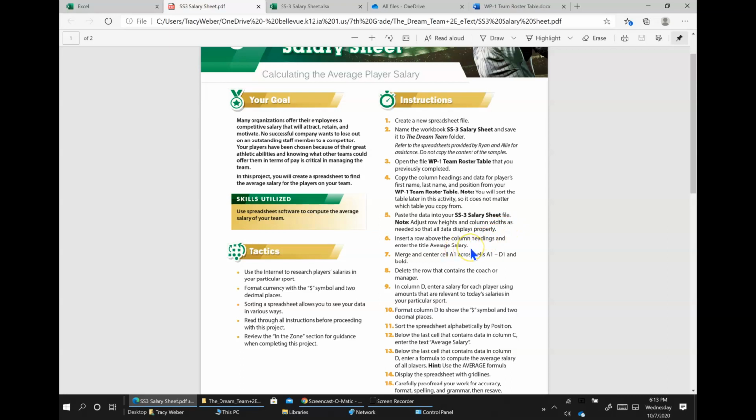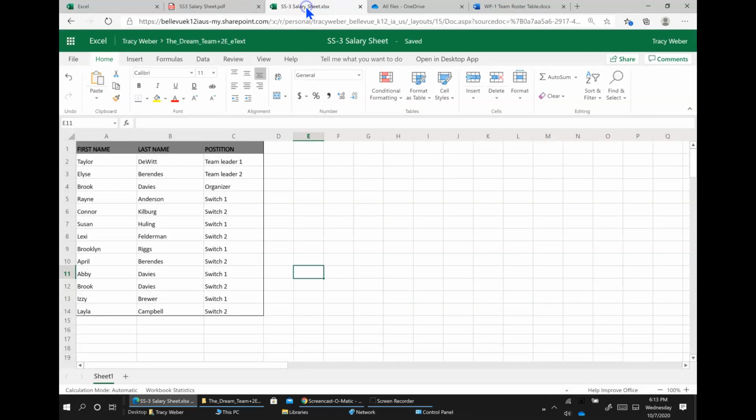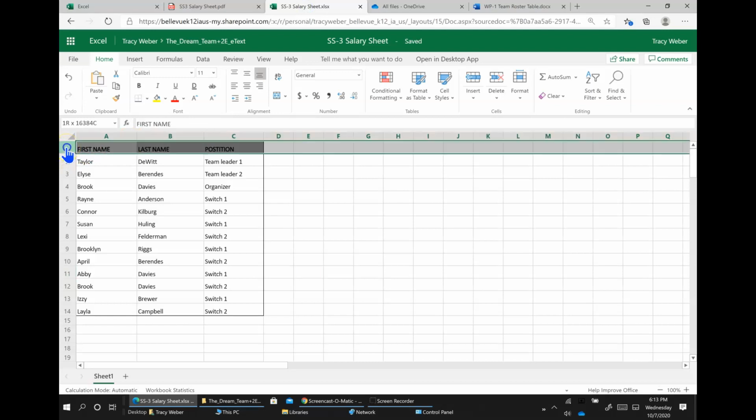So now, I am at number 6. Insert a row above the column headings and enter the title average salary. So here's how you insert a row. Point at the number 1 and click one time on the number 1 to select the whole first row, and then go to insert,